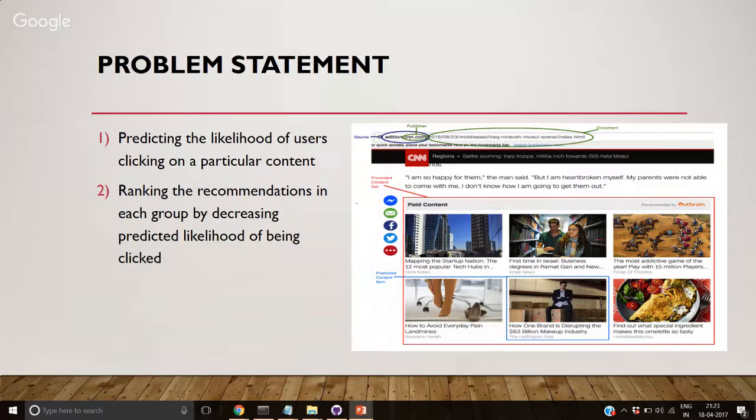The second problem that we'll be looking at is ranking the recommendations in each group by decreasing predicted likelihood of being clicked, which means that one particular user has been given the option of maybe 4 or 5 ads, and we have to take the probability of which ad he is most likely to click on. So out of 6 ads, he'll be clicking on one of those ads, and the ad with the highest probability is the one we'll take to be clicked for that particular user. This is how we are thinking of solving the problem of improving the recommendation engine for